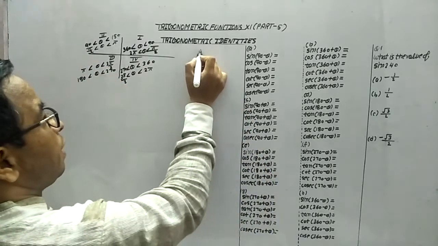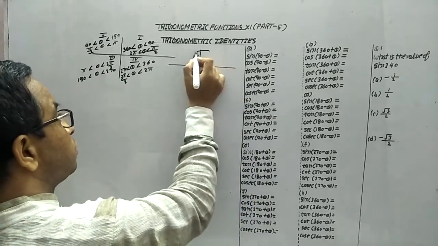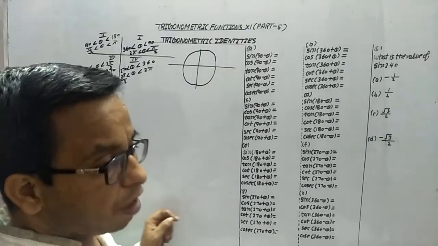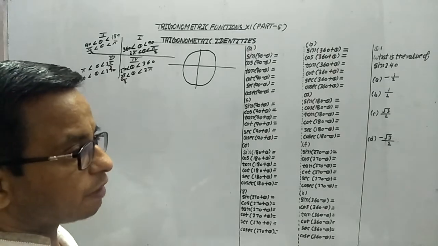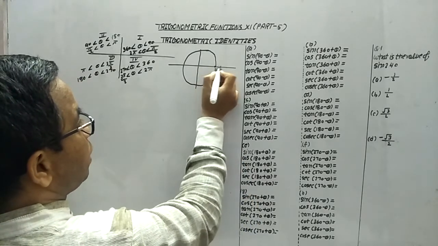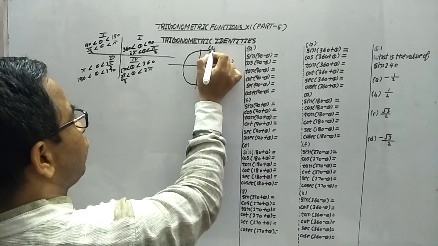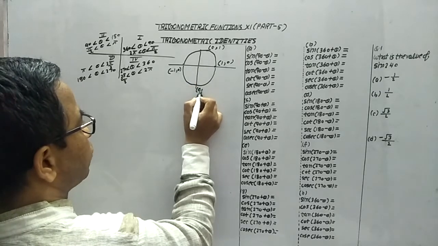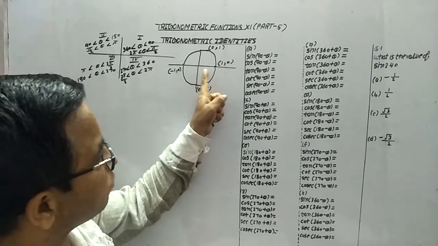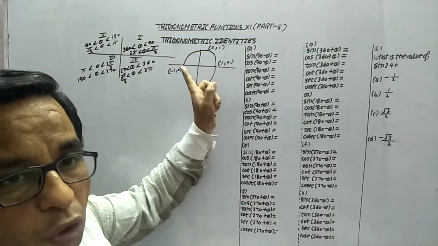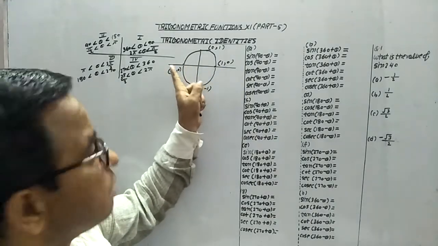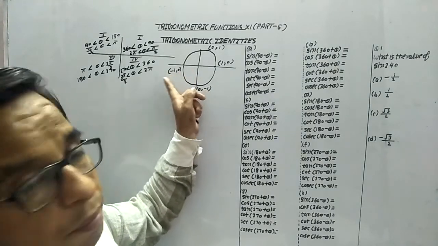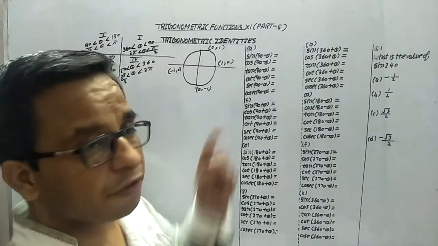Now one another thing. In the last videos I explained about the unit circle. The x coordinate always represents cos theta and the y coordinate always represents sin theta. Now in this, this is 1, 0, this is 0, 1, and this is minus 1, 0, this is 0, minus 1. So what is the meaning of this? Sine 0 is 0, cos 0 is 1. Sine 180 is 0, and cos 180, the x coordinate, is equal to minus 1. So these two terms are very useful.